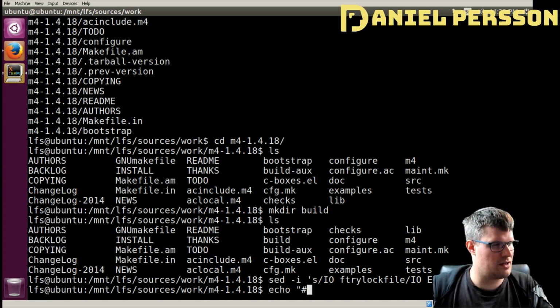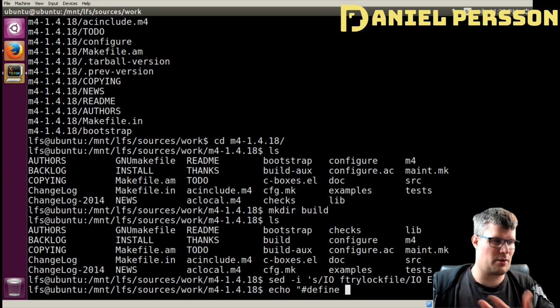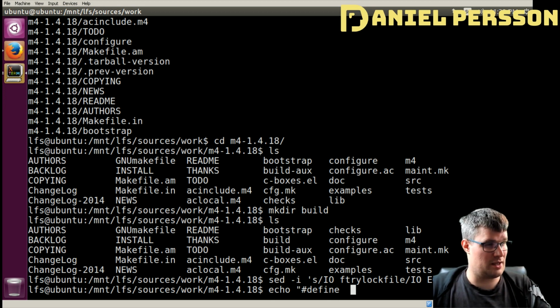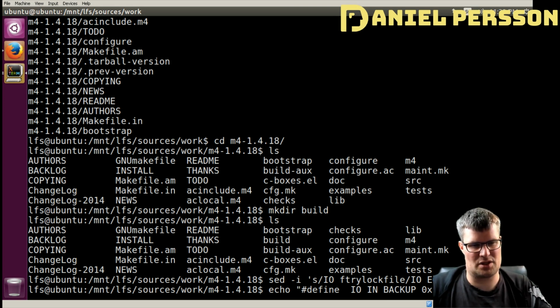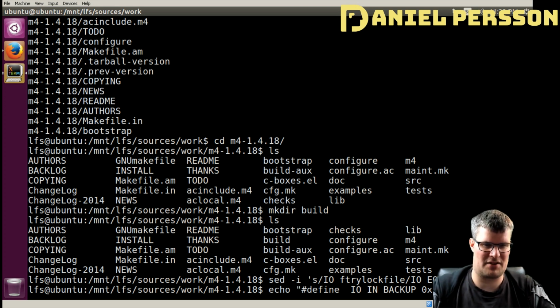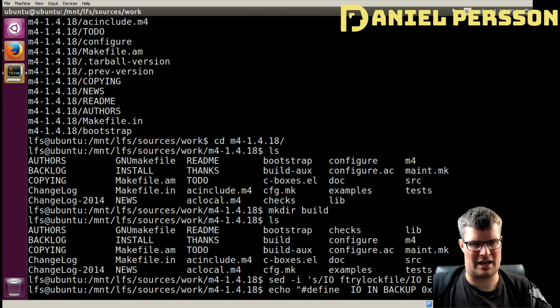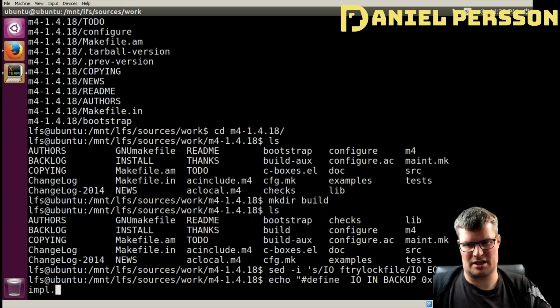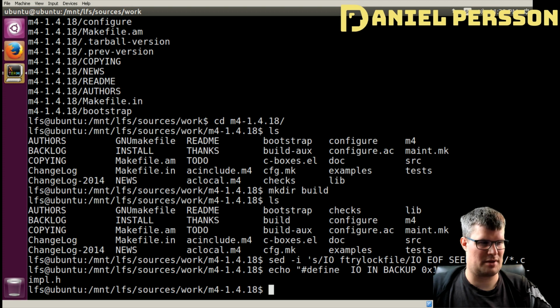There we go. Define. So define is a way in C to define a specific variable in the file. So we will set the hex value of 100 into the _IO_IN_BACKUP variable in the libstandardio implementation header. So we'll add that there. And we will go